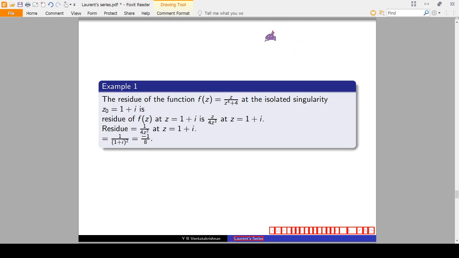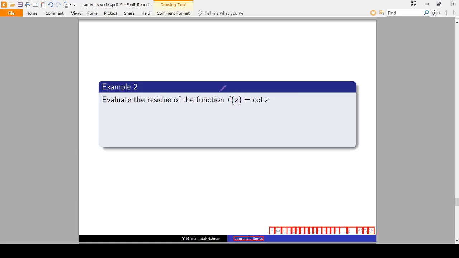Okay, 1 by 8i, and that will be minus i by 8, but I think I have given here minus 1 by 8. It's not minus 1 by 8, it has to be minus i by 8. So this will be the method to find the residue when you have a rational function f of z. The second example,